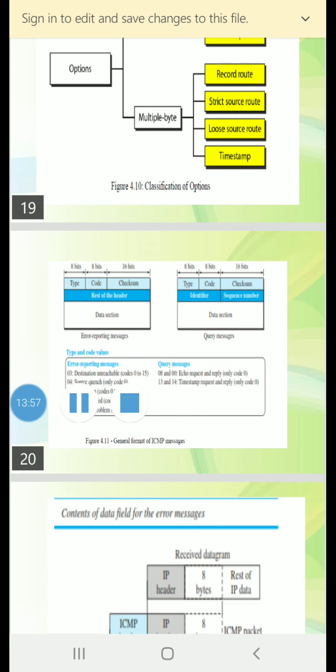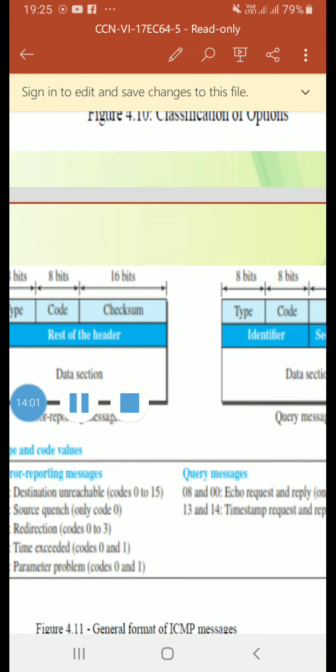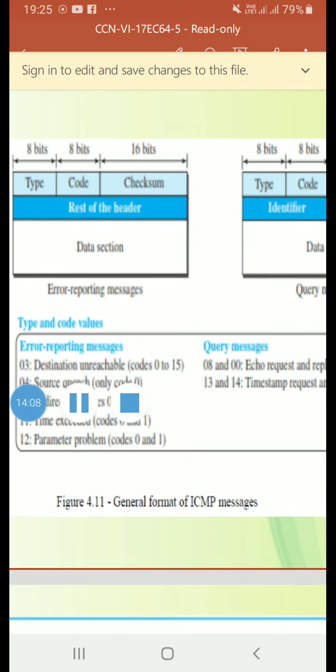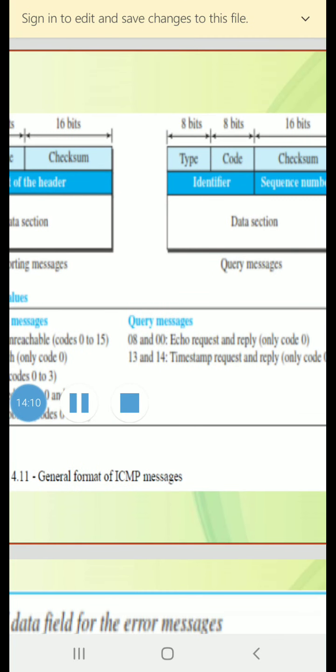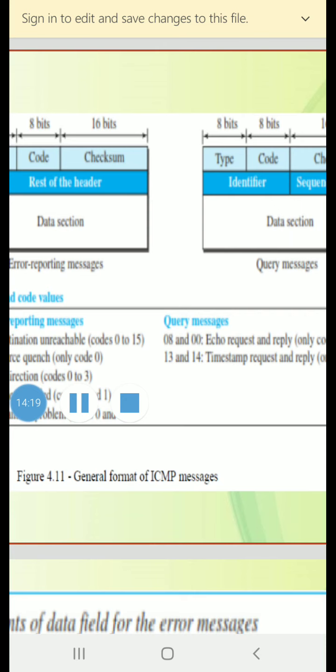Next we'll see about the messages. The messages are divided into two broad categories, so-called error reporting messages and query messages.